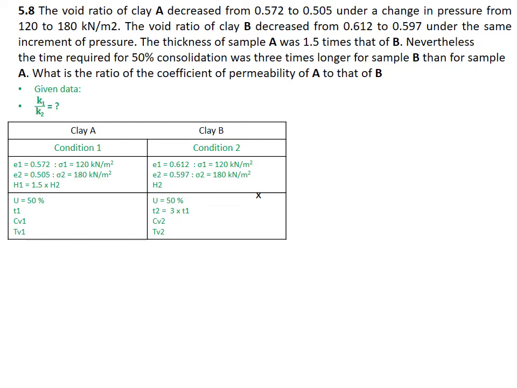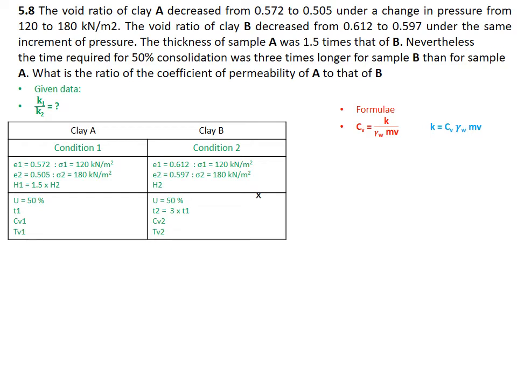Now I will write down the bunch of formulae. So basically K is there in the formula of CV. So go back to the list of formulae, you can find K in the formula of CV. So reframing the formula for K, we have K equals CV gamma W mv. So for the ratio